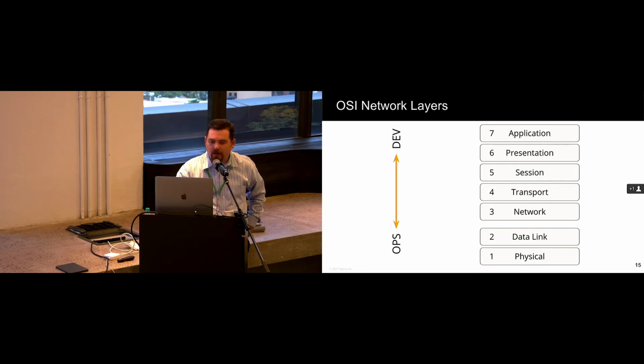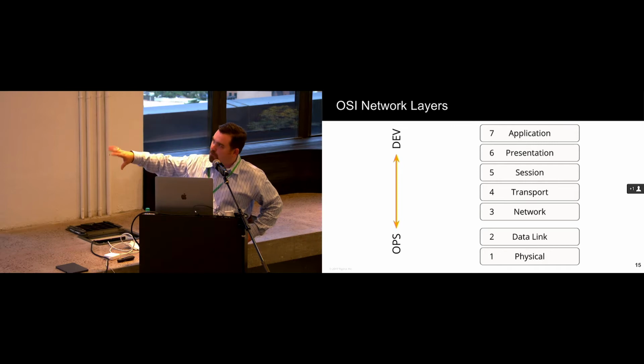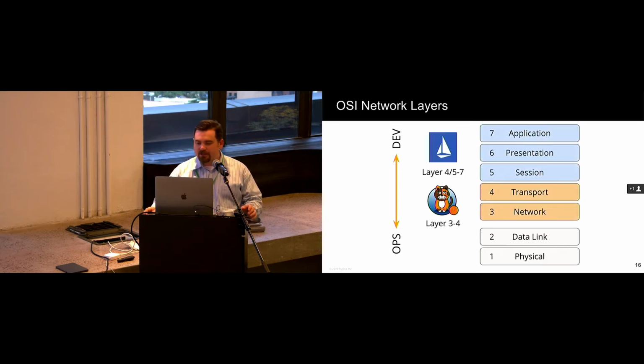So in the OSI model, the way that I tend to look at that is towards the bottom of the model, we typically have more ops concerns, right? That's at least from a legacy classic view of enterprise IT or just IT in general. More of your ops folks focused on the bottom part and your development folks focused on the top part, right? And so we're going to look at that and how those two things can work together.